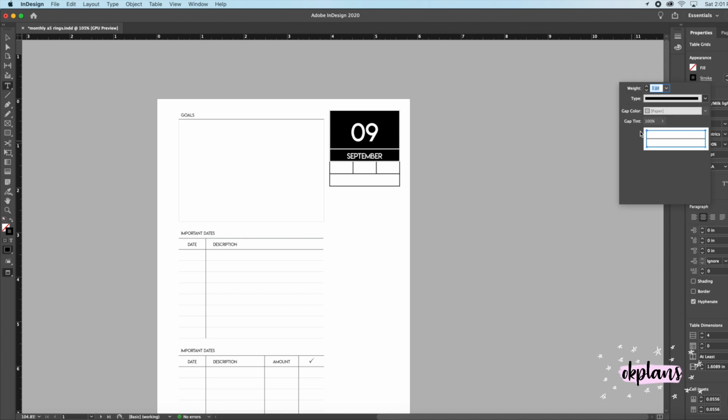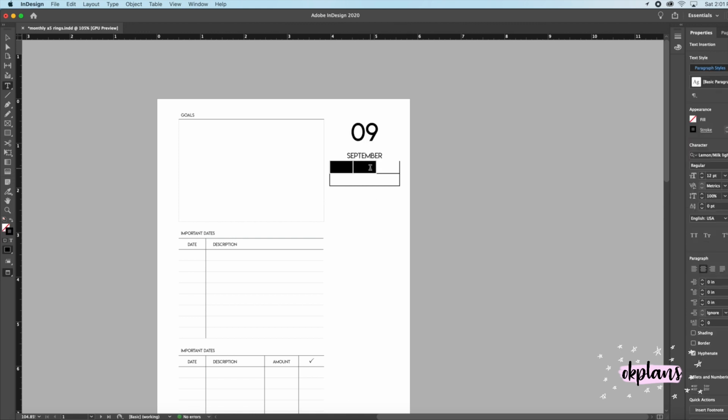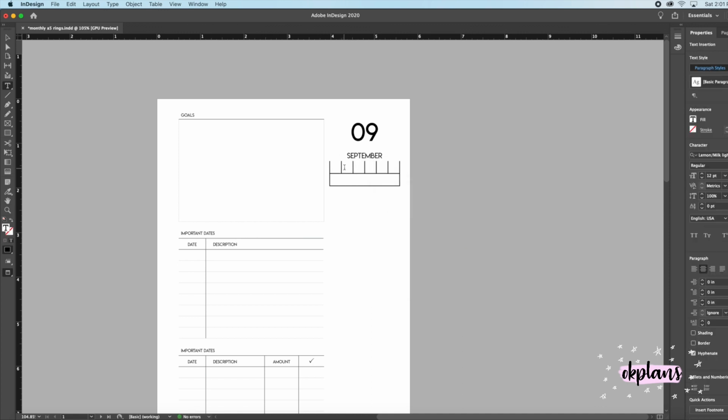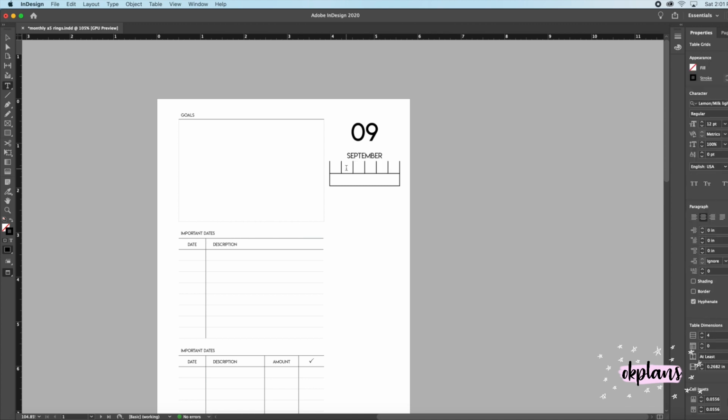So here I was just emptying out, or zeroing out, the stroke lines so it looks clean. So here is the zero out, and you can still see the 3 sections that I created, and I'm going to do it again and split it vertically again. And it was a little too long for my liking, so